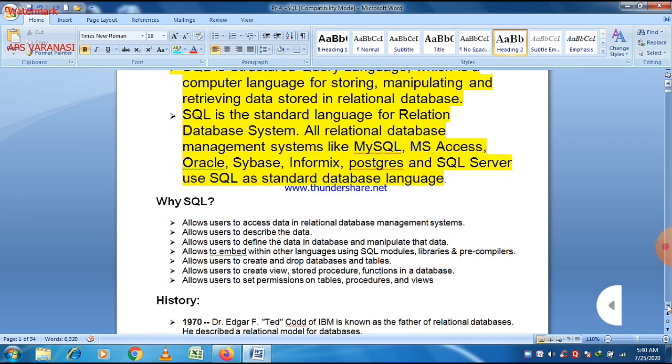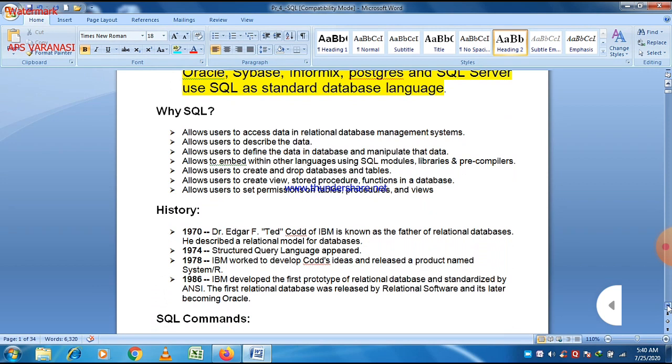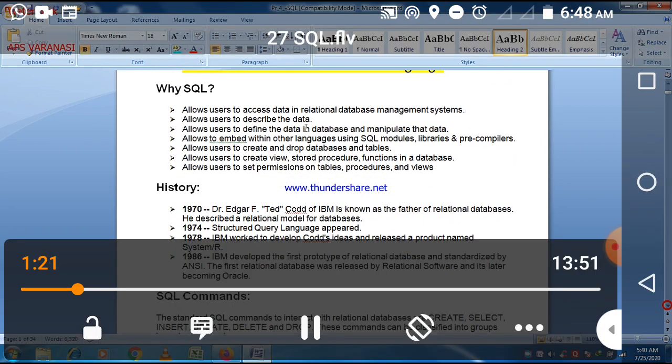Next is why we use SQL. That is the second important question. Why do we use SQL?